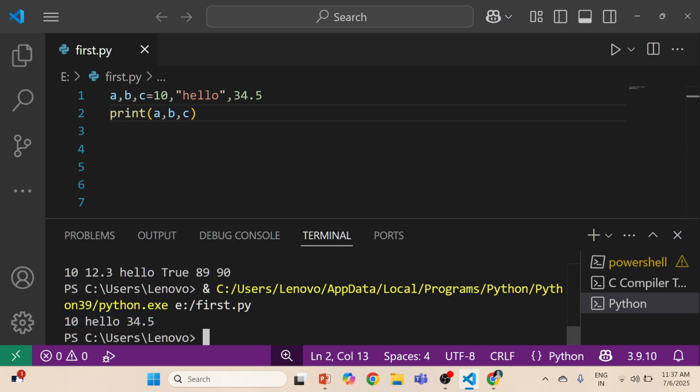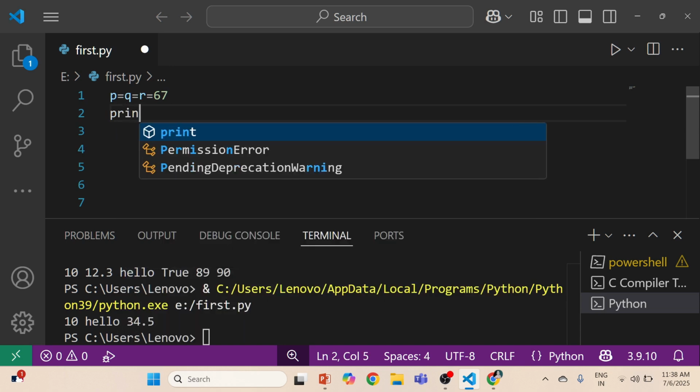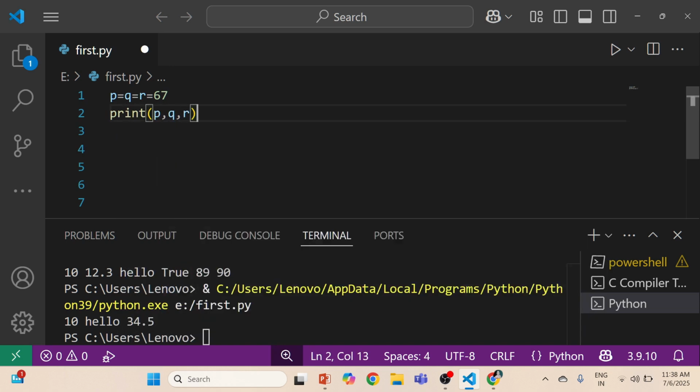Like this. Then if you want to give a similar value to all the variables, you can write like this also. So P, Q, R all will have the same value. Okay.